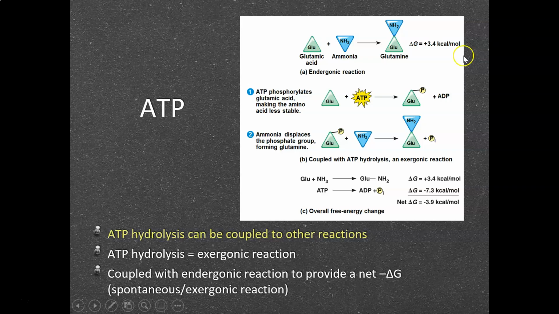But if I phosphorylate, right, go through, break down that ATP, add that phosphate to that glutamic acid, all right, get ADP out of it, I can then displace that phosphate group when I'm attaching it to the